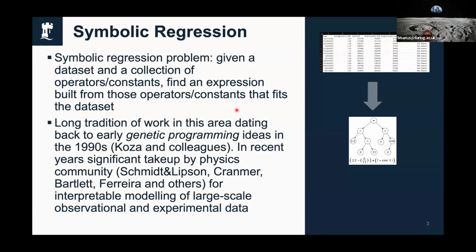So there's this problem, the symbolic regression problem. Given a data set and a collection of operators and perhaps constants, find an expression that uses those operators and constants to fit the data set. There's a long tradition of work in this area. This starts from work in the 90s. Koza and colleagues introduced this idea of genetic programming as a way of automatically creating